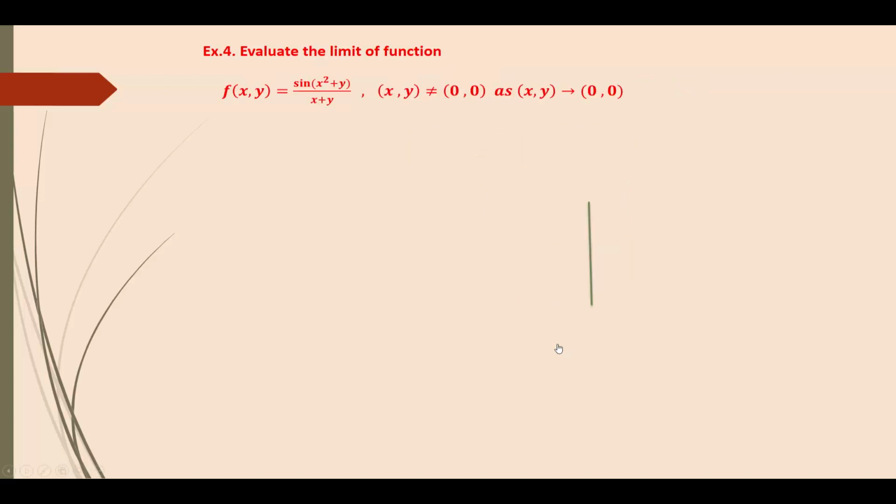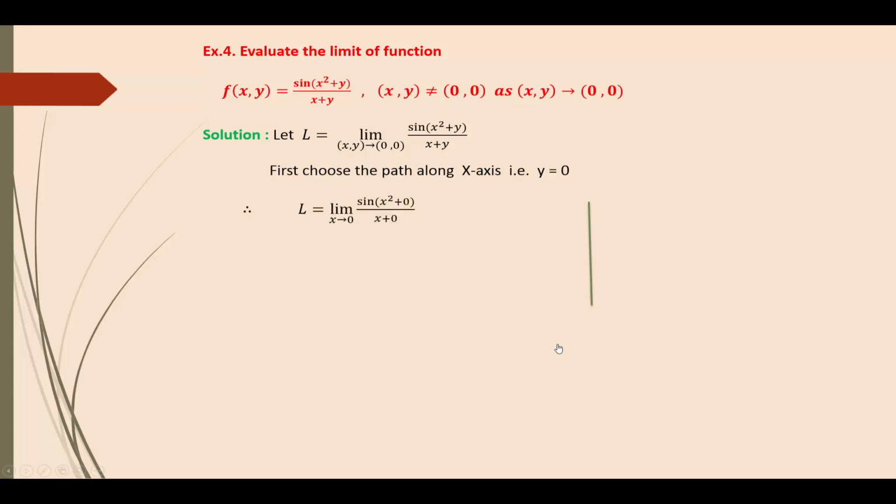Evaluate the limit of function f of x, y equal to sine of (x square plus y) upon (x plus y) for x, y not equal to 0 as x, y tends to 0, 0. Solution. Assume that the given limit is L equal to limit as x, y tends to 0, 0 of sine of (x square plus y) upon (x plus y). First, choose the path x-axis, that is y equal to 0. So the given limit is only in terms of x. So limit x tends to 0, sine of x square, y is 0, so sine of (x square plus 0) upon (x plus 0) equal to limit as x tends to 0,